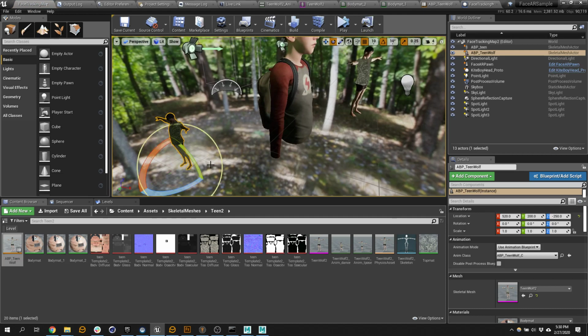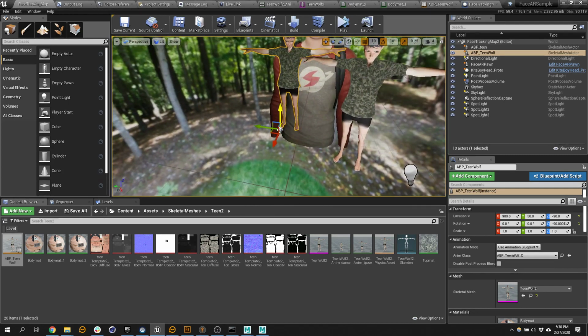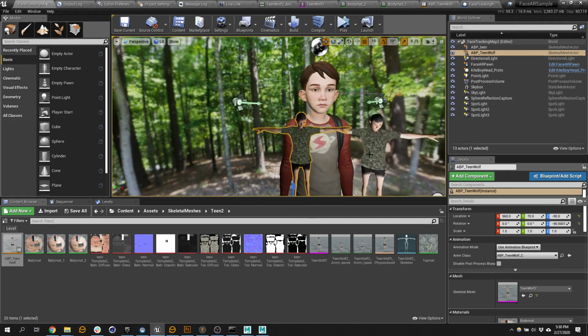Rotate. Bring it over here so we can see it. Ready to go. Then on this computer,